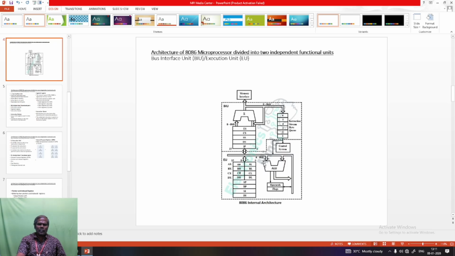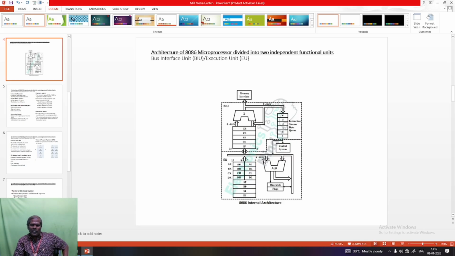The bus interface unit is useful for fetching the information from the input-output devices, the memory device or external devices. From there it fetches the information and gives it to the execution unit for execution. The execution unit does not directly fetch any instruction from input output devices, memory or external devices.